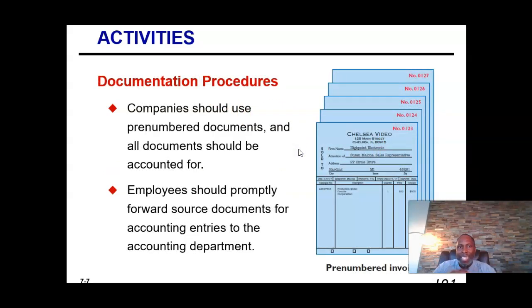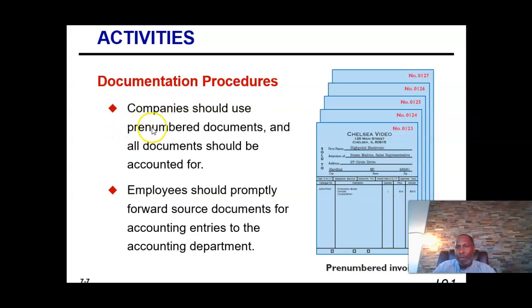Next, we have documentation of procedures. Let me ask you a question. For your job, do you have a job description, a written job description? You say yes? Well, good. It is important that we have things documented in our place of employment. Even things such as invoices, sales receipts, checks, etc. Those items need to be documented